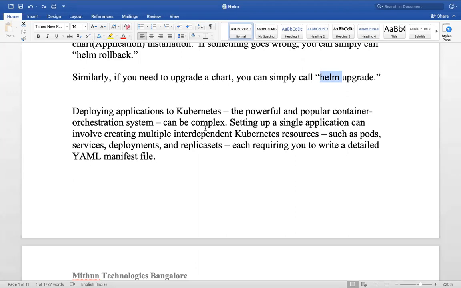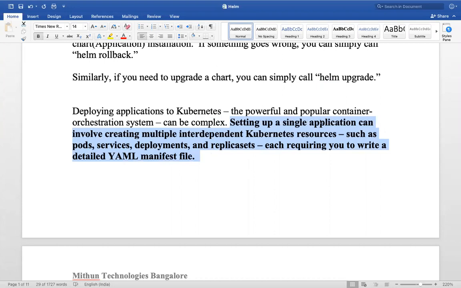So deploying applications to the Kubernetes cluster will be complex, as I told. Setting up a single application can involve creating multiple Kubernetes objects, Kubernetes resources such as pods, services, deployments.